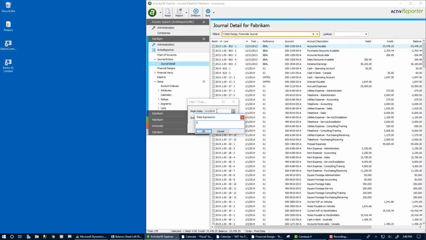Here's an example. Today. As you see, the value retrieved from the computer's date will be displayed in the date field. The unique thing about relative dates is the text characters TODAY is stored instead of the physical date 1/22/2019. This means that if you come back to this same date dialog in 1 week, the system will automatically supply the date